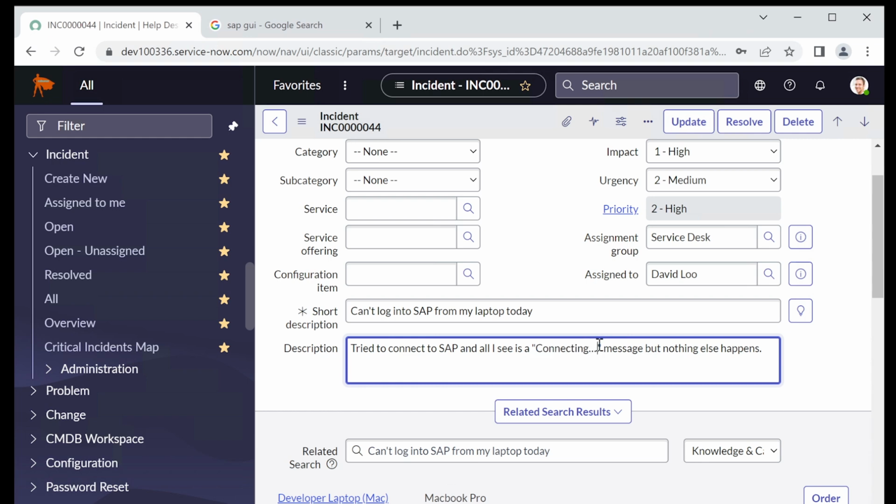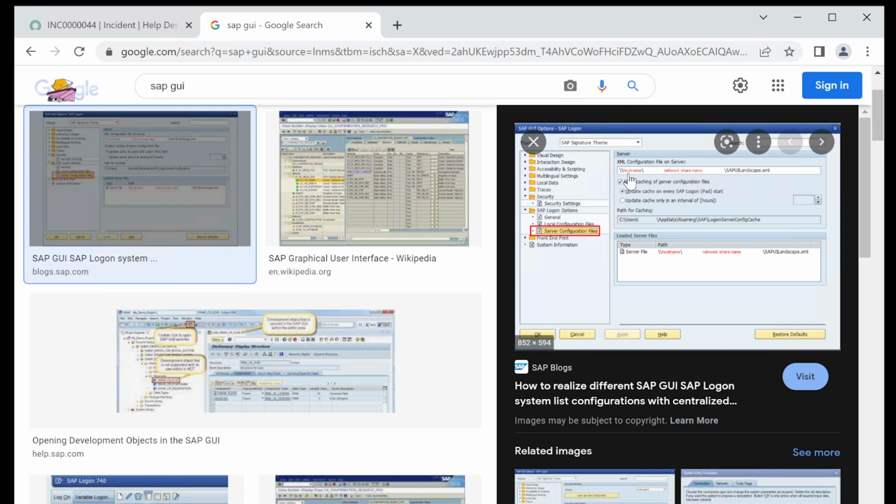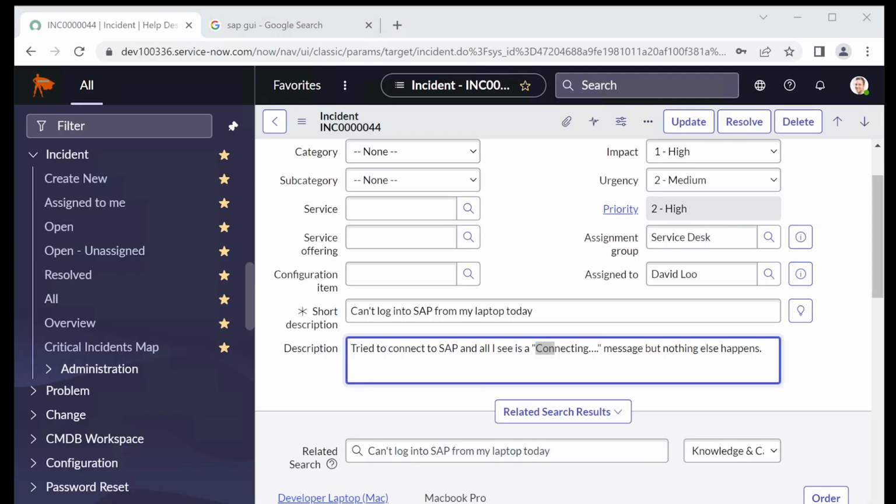Am I even on the same domain? Am I even on the same network? You can do a trace route if you know what the host name is, for example, over here. If you knew what the server name is, you can do a trace route. For example,